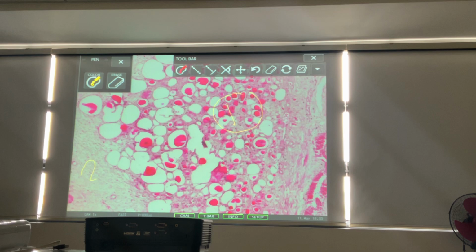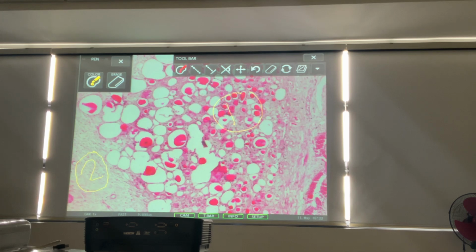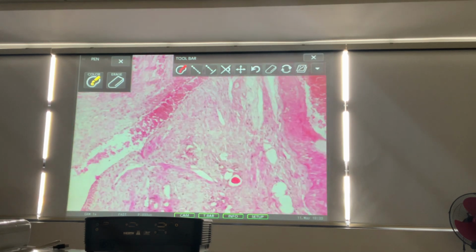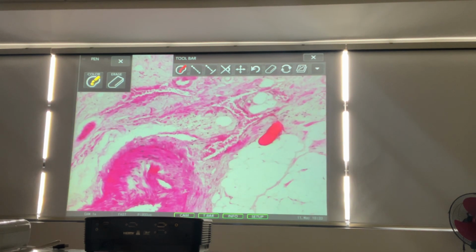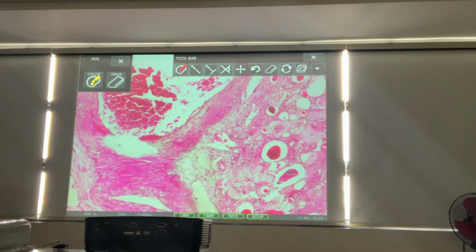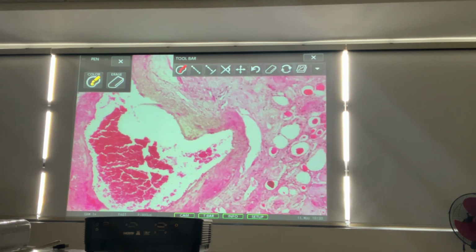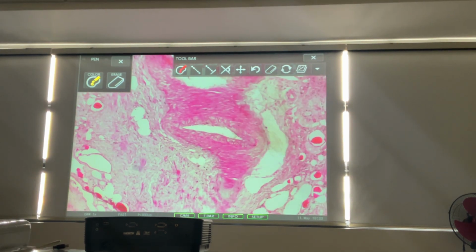The second manifestation for chronic pyelonephritis is fibrosis, tissue fibrosis. Because this is chronic pyelonephritis, so chronic inflammation, you will also see chronic inflammatory cell infiltrates. That's the third feature. And the fourth feature would be vascular, no?